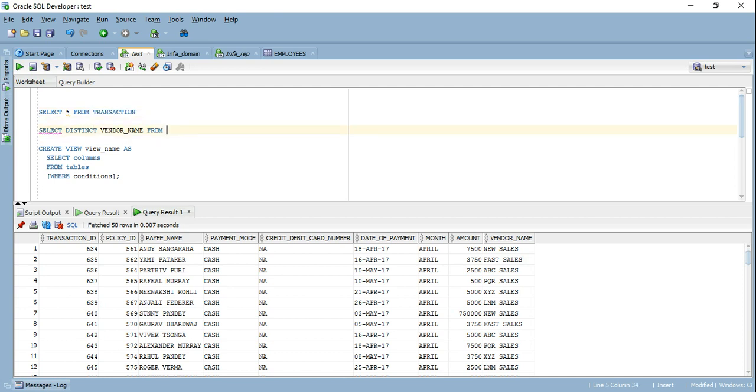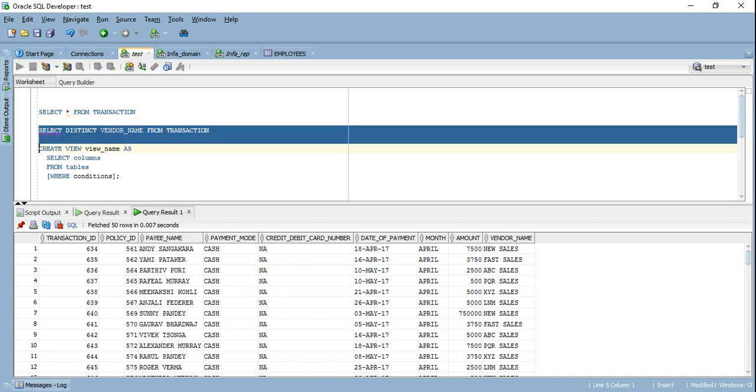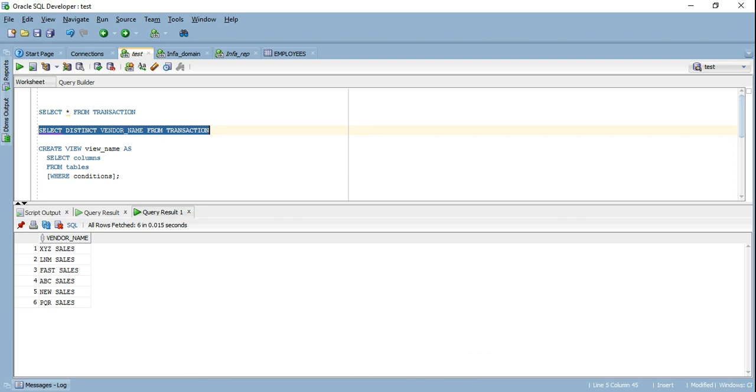Now what happens, one of the vendors, fast sales, comes to me and it's contributing a lot of money to my company. It's contributing more than 45% of my entire sale in my last quarter. That means a lot of money is coming thanks to this particular vendor. Now this vendor says that I want the details of all the transactions, all the policies that are being sold by your organization, and I brought in the business. I was the selling point.